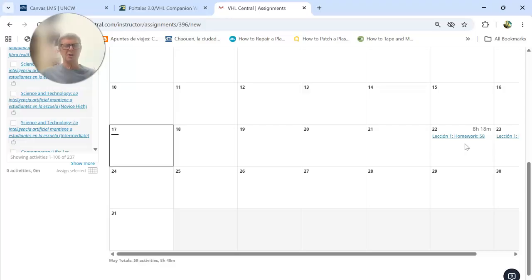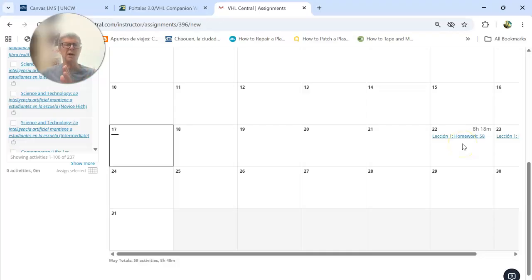I think that system works a lot better. I could assign activities every day, but it's just too nerve-wracking, and to allow for maximum flexibility because students often are taking more than one course or they're working, very busy. This way you know everything's due Friday, and then you can adjust your schedule accordingly. Ideally, you want to do about 2 hours a day.